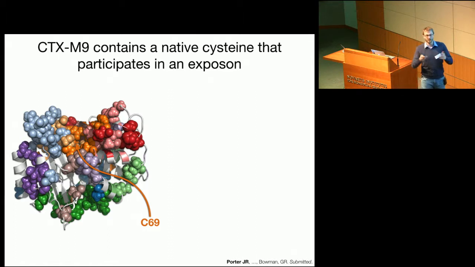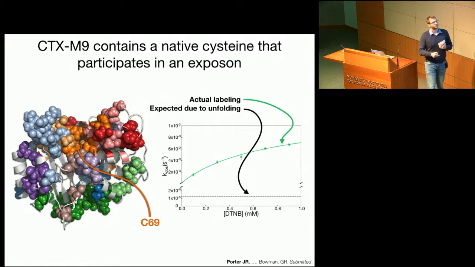And then didn't introduce a mutation, expressed it, and ran the same experiment. And you can see that, in fact, it does label in a way that's not consistent with the global unfolding process. An interesting thing that you can do once you have labeled protein is ask, what is that protein like? So you can think about your labeling reagent potentially as something like a covalent drug, a little bit, that's forcing